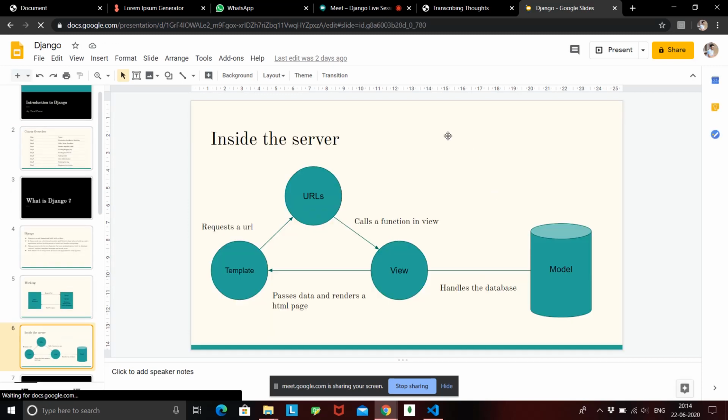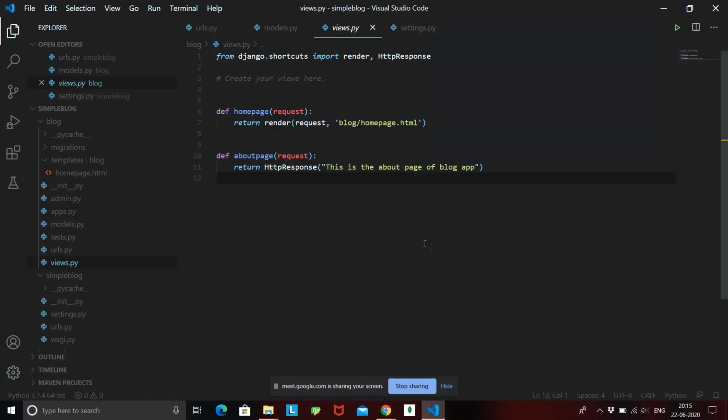Okay, in this diagram we saw that only views is connected to the database. So now neither URLs nor templates can communicate with the database. Whatever data handling is going to be done, that is going to be done by the views. So inside our views.py file, first we are going to import that model